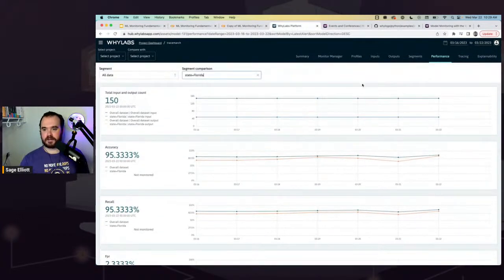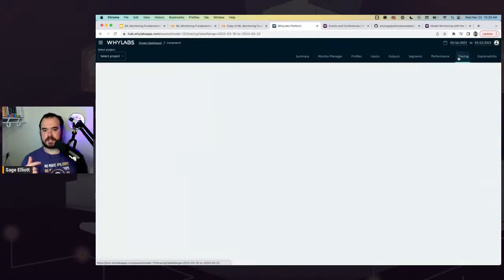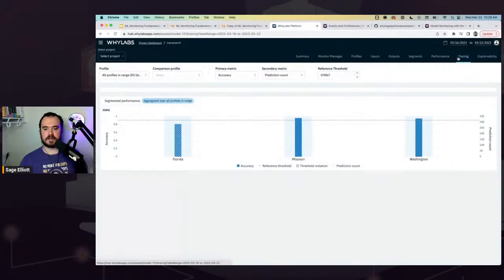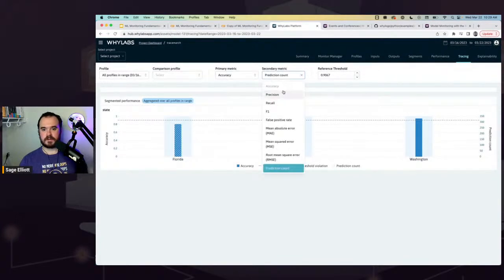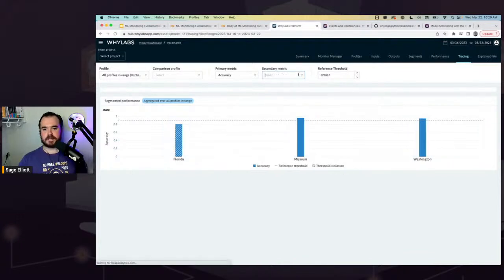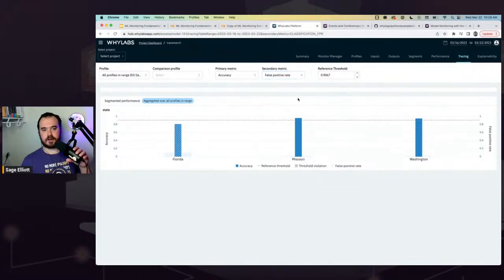So let's dig a little bit deeper with this tracing tab, which is really neat. We have our 3 segments here. And by default, it comes up with the accuracy plot and the prediction count, but we can hit a secondary metric here. Let's look at false positive rate, which is a good one. So here, comparing these results on our segments,